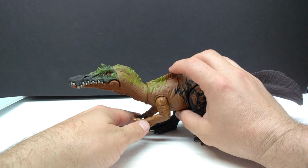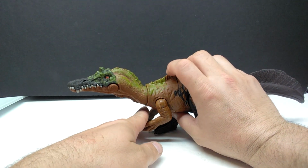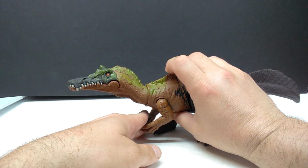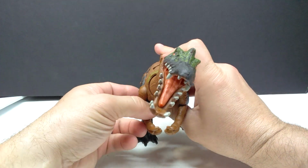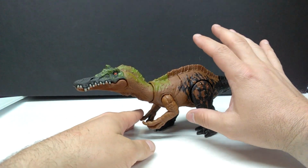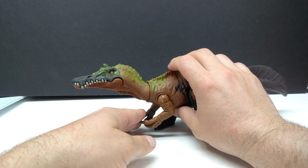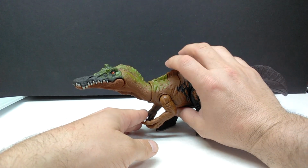Then as far as the action feature goes, just like all of the others, we have a little button here that we can kind of maneuver back and forth. So we'll go ahead and see what the action feature is, then we'll get a look at or a listen to the sounds. So you can kind of see that we have like a head tilt and a snapping feature that occurs, which is pretty cool. Pretty much what you would want when it comes to a dinosaur, for the most part, when it comes to a theropod dinosaur, I should say. But as far as a listen to the sounds go,